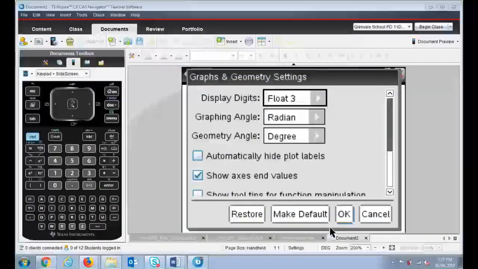So what Roger's looking at here is the graphs and geometry settings. Very similar sort of idea to what we had. Someone asked about the R² value. Every application essentially has its own settings. So you've got settings for the actual document, but you've also got settings in each application. So in this one, you'll see